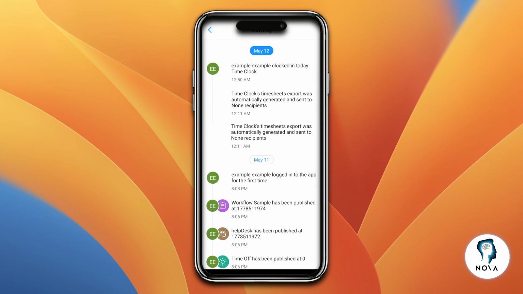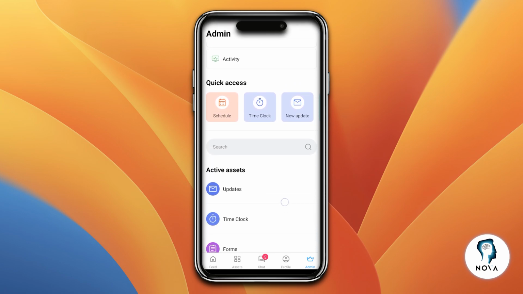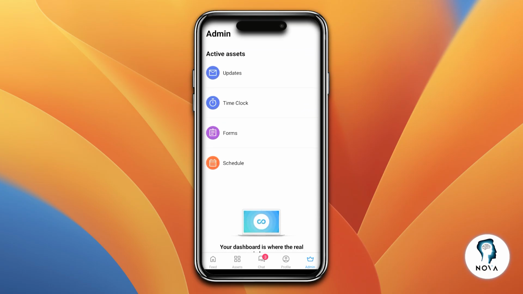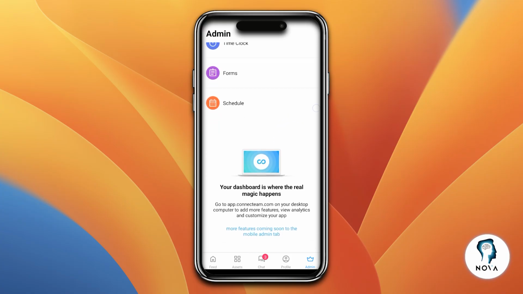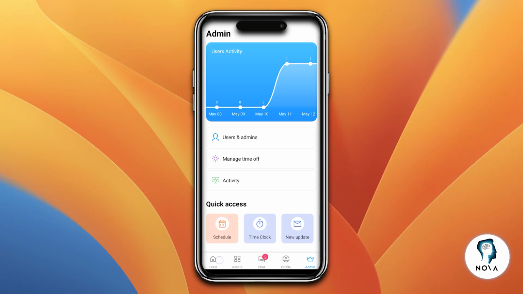Inside the Admin section, you will also see many of the same features we discussed earlier, including updates, time clock, forms, and schedules. The difference is that administrators have more control over these features and can manage them for the entire company. Take some time to explore each feature carefully so you can fully understand how the app works. The more you use the platform, the easier it becomes to manage employees, schedules, communication, and daily operations directly from your mobile